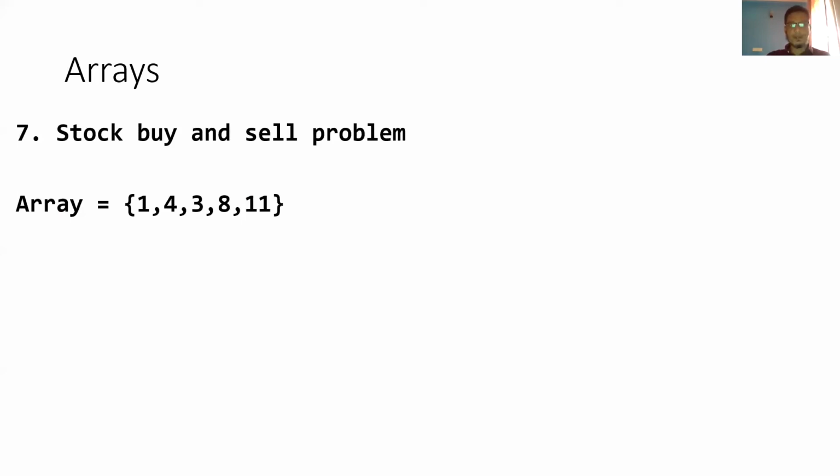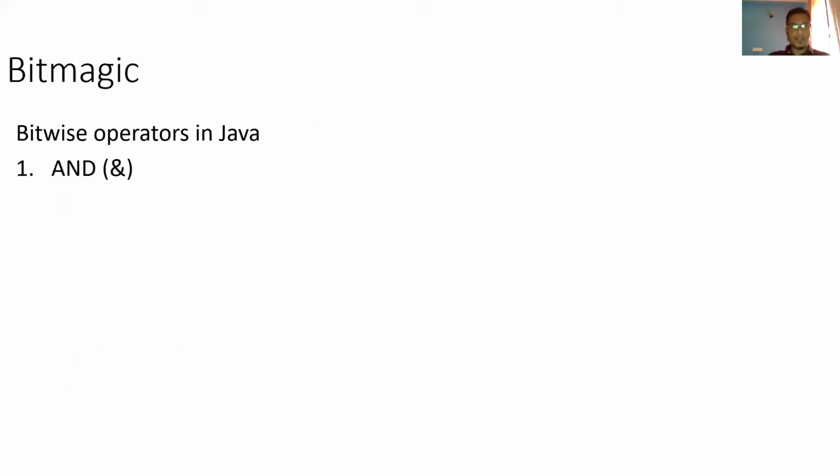I think we already discussed this, and we discussed a couple of other examples also. This is one standard algorithm we had discussed last week, the stock buy and sell problem. Like you can buy at the lower rate and then you can sell at the higher rate so that you can make a maximum profit. So these kinds of questions are very commonly used in interviews. So this is what I discussed.